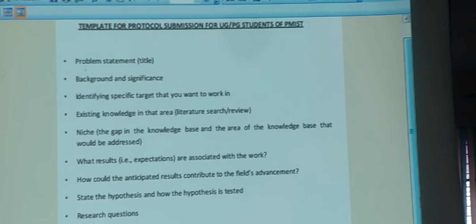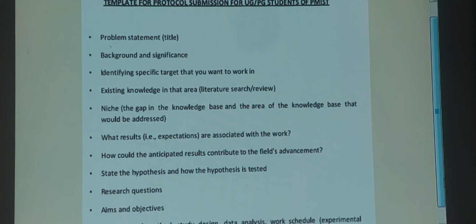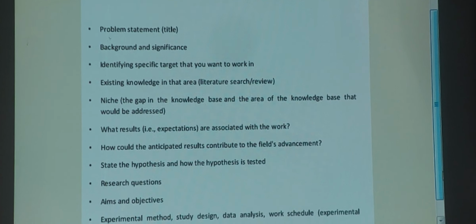For example, cardiovascular disease is a leading cause of death worldwide. It is a problem statement. Research problem means what you are going to do. For example, she is going to use some algorithm to predict the presence of heart disease. That is a research problem. Many algorithms have been used to predict whether the cardiovascular disease is present or not, but none is effective. That is a research problem.